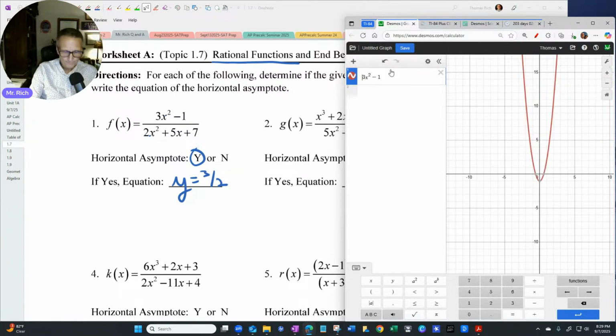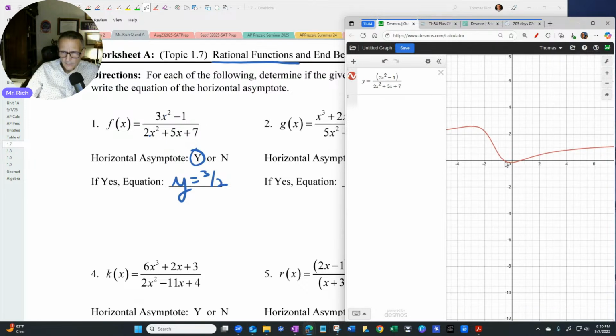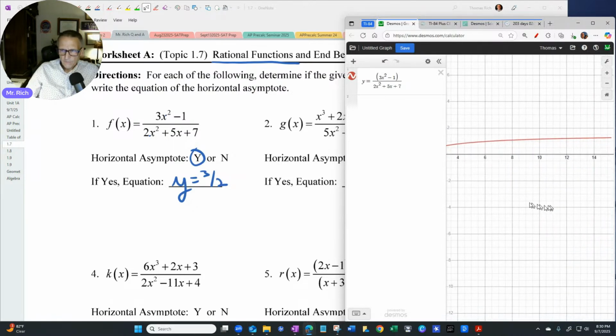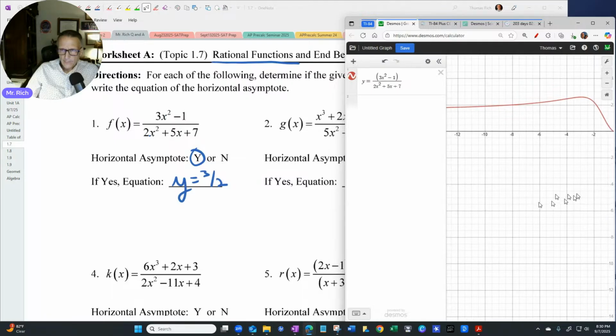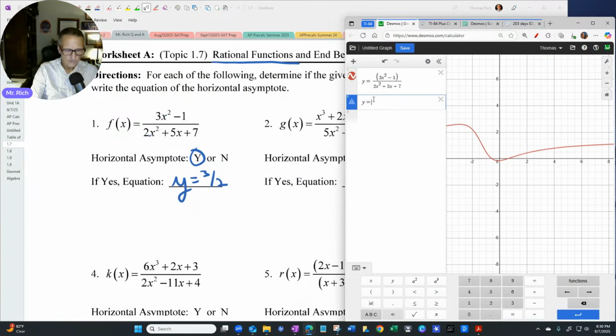So if you graph the function, and then we put the function down in the bottom. All right, you can see it does some strange maneuvering here, has a couple of x-intercepts here, but you can see that it's flattening out as it goes out to the right and then as it goes back out to the left. What I'm going to do, though, is I'm going to go ahead and draw the horizontal line y